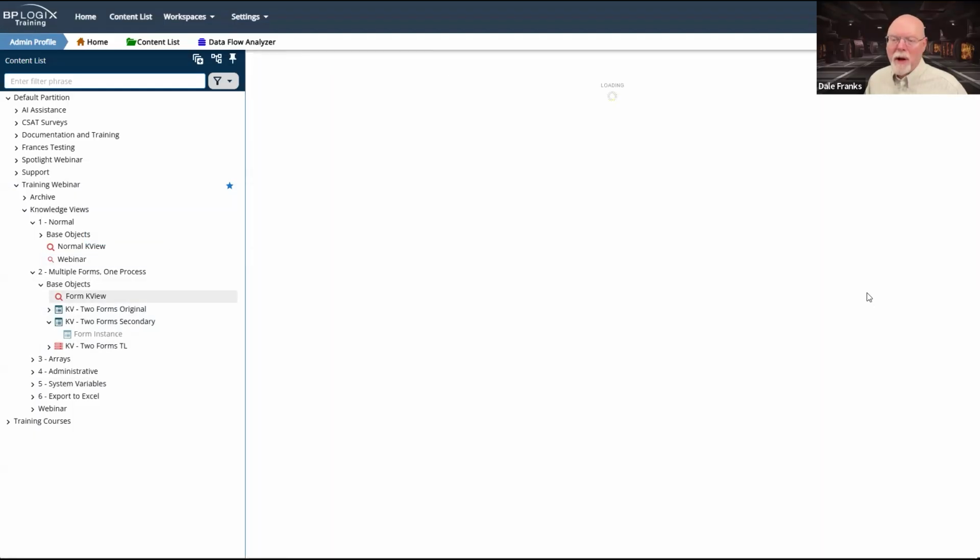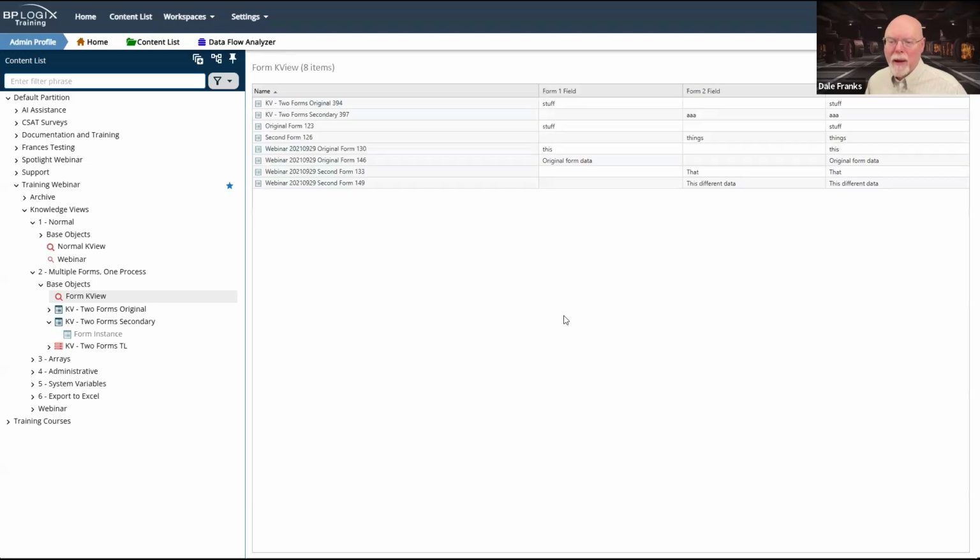Let me run my knowledge view, however. So I do have my two forms here. Here's my original. Here is my secondary form. Again, here's an original, secondary form, original, second. So I have two different forms. Also notice I have two different columns here showing fields from form 1, form 2, and both forms, which we'll all discuss here in a second.